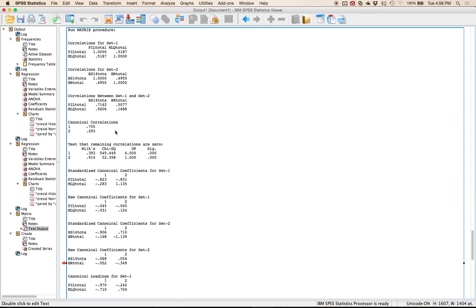So remember, you're going to get multiple answers. So for the first answer, they're correlated at 0.76. If you square that, that's about 58% of the variance. So there's one mathematical equation that tells me that the overlap between meaning and resiliency is about 60%. Okay, and that correlation is